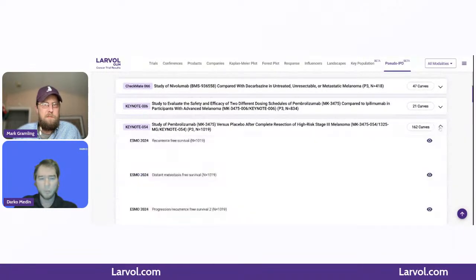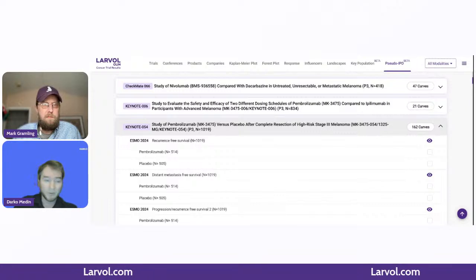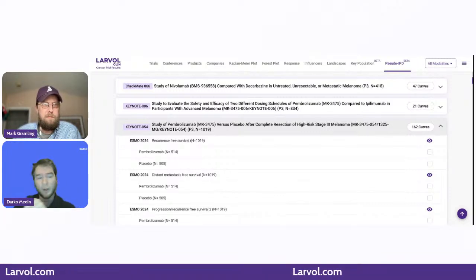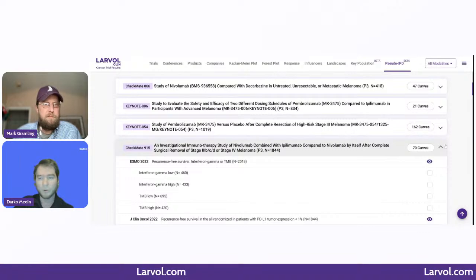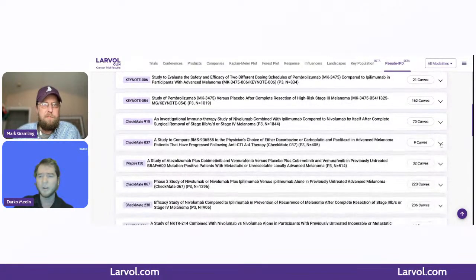I can select multiple. Now we can see that here we have a recurrence-free trial. So it wouldn't be logical to combine recurrence-free survival with the overall survival. So I'll be looking for overall survival to add additional studies. I have it here. I have another Nivo trial, which is the Checkmate 037, and so on.